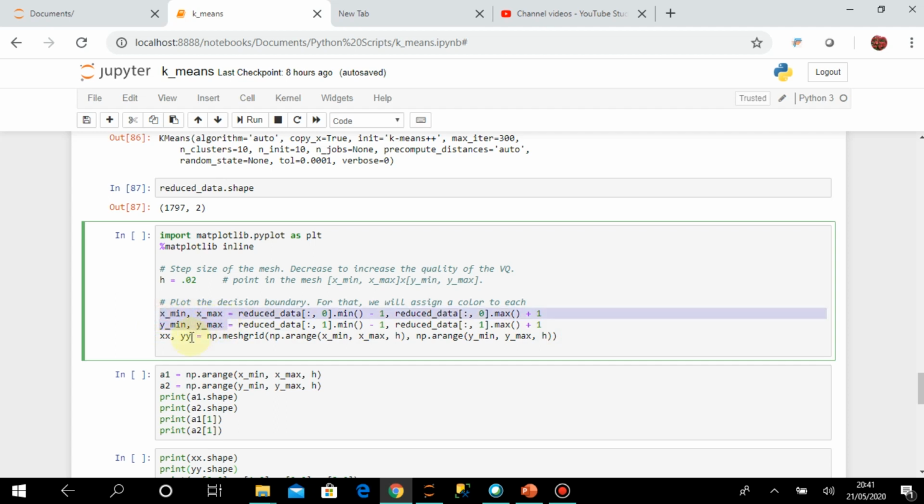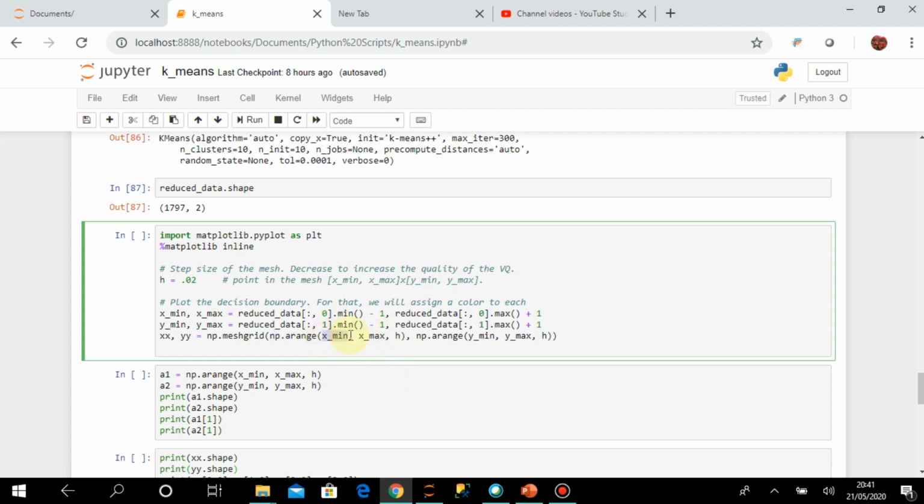And then there is another thing I am doing here. I am sending this x min, x max and h to the np.arange method. You know that when I send this, it will create one array where the range will be from x min to x max.